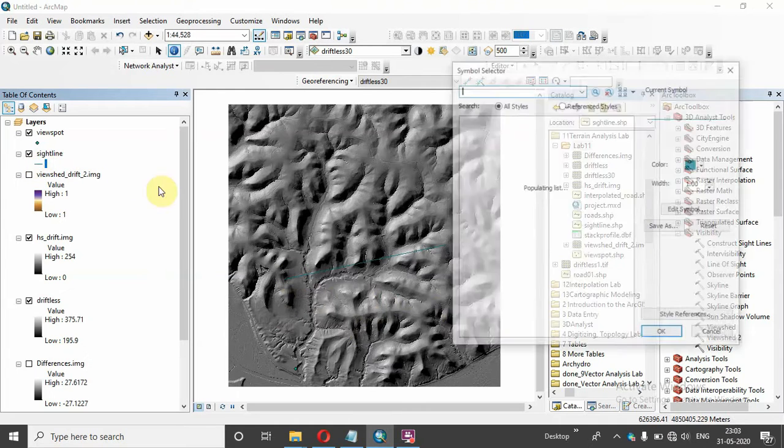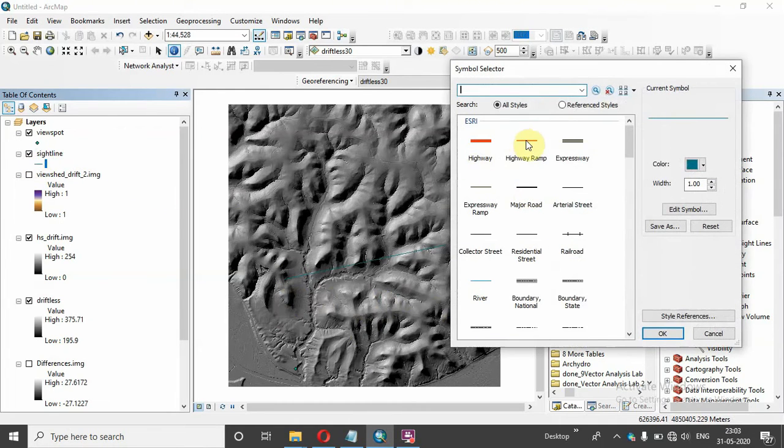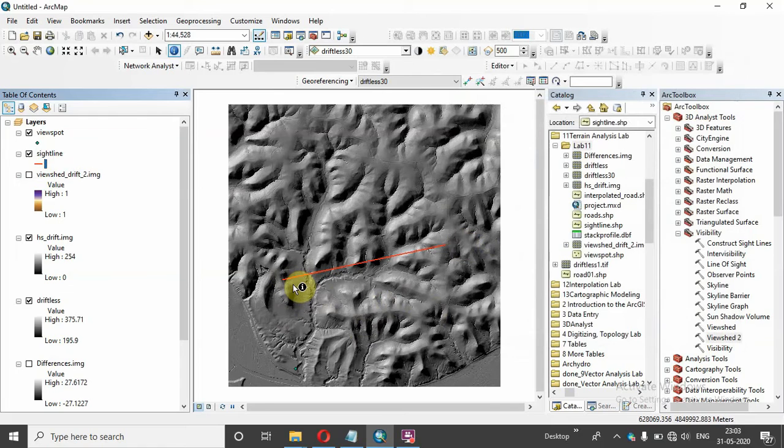Give it a darker color. I have constructed this sight line from east towards west. So this is the start point and this is the end point. Let's calculate the line of sight for this line.